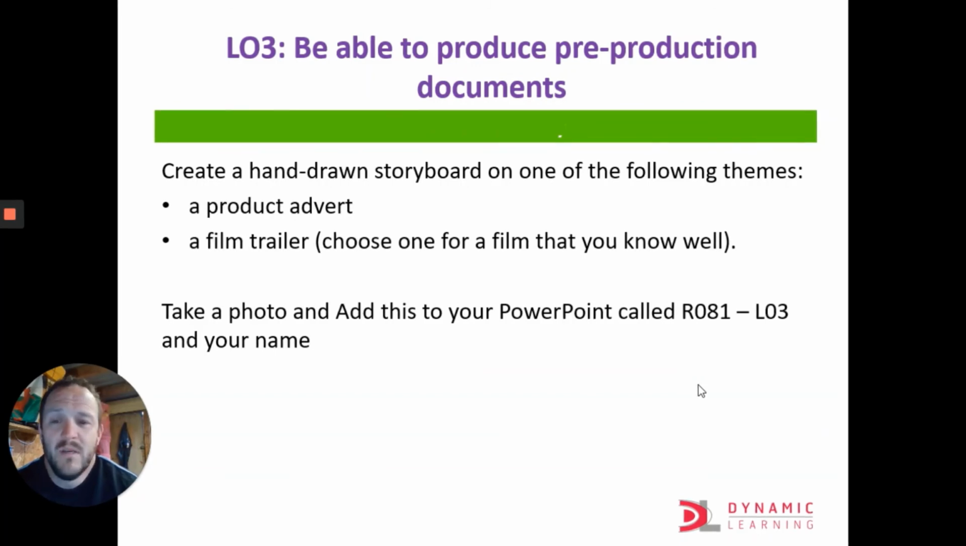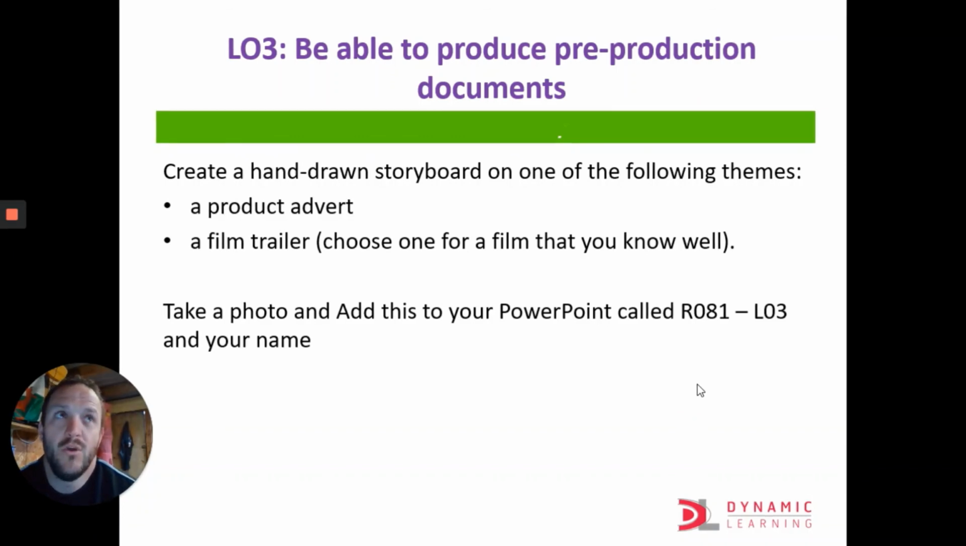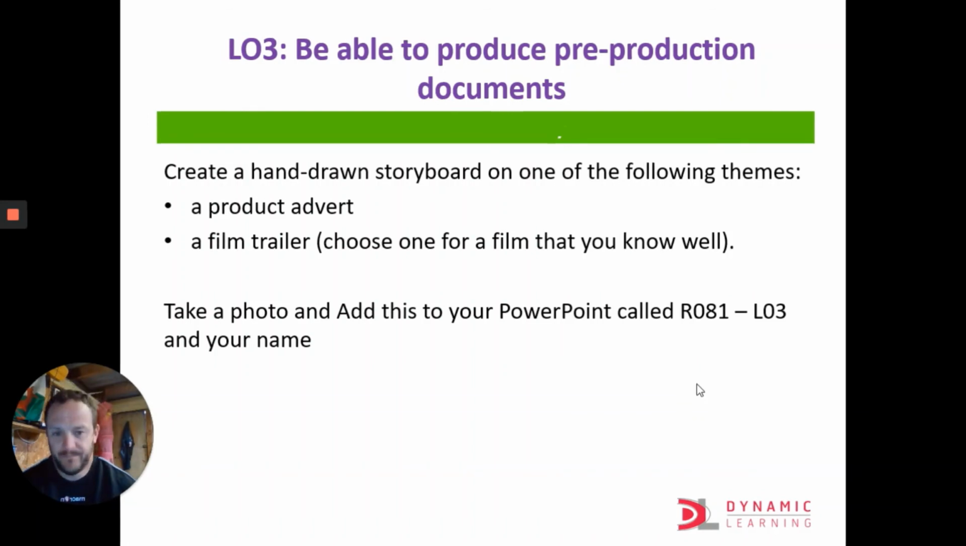Try to keep it around 6, otherwise it's going to be quite a lot of work for you to do. 6 is enough, really. And obviously for each scene you just need to tell me what the camera shots are, what they're doing, the lighting, the dialogue that's possibly being said, the time of it as well, the duration of it. Take a photo of it and add that into your PowerPoint, please. So throughout the module,